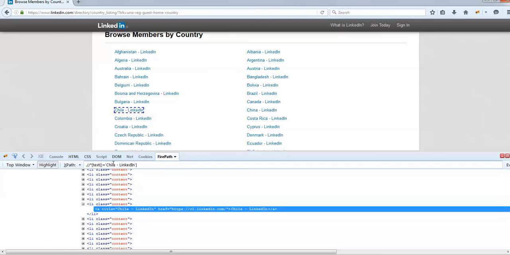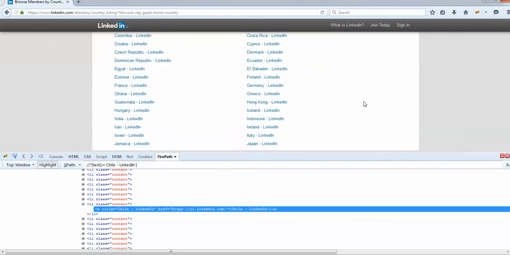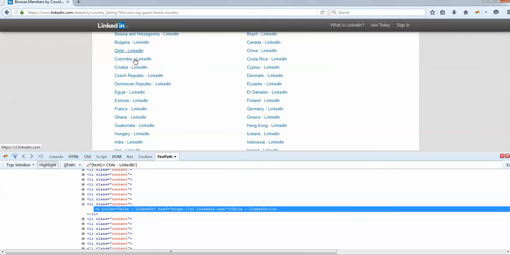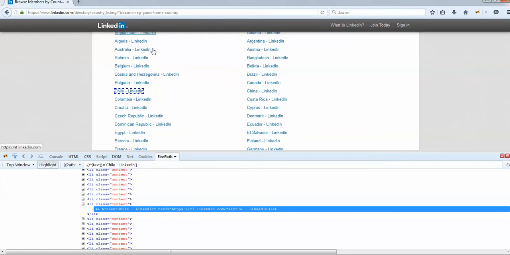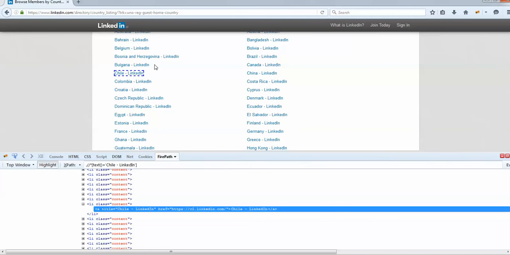The advantage of using this text function is, for example, tomorrow something new is added to this particular element. So now this might become 15 to 16. It might increment, and something new is added. If any of these is incremented, you don't have to care about the count at all.